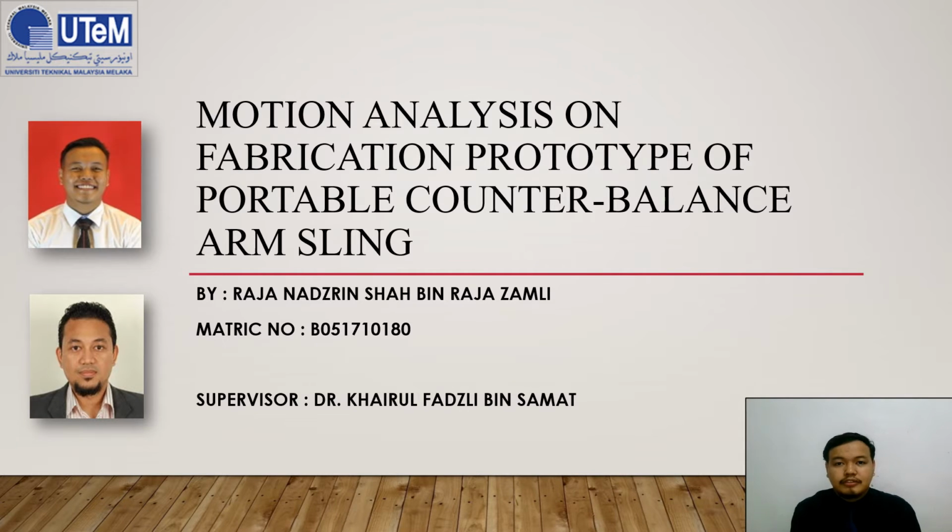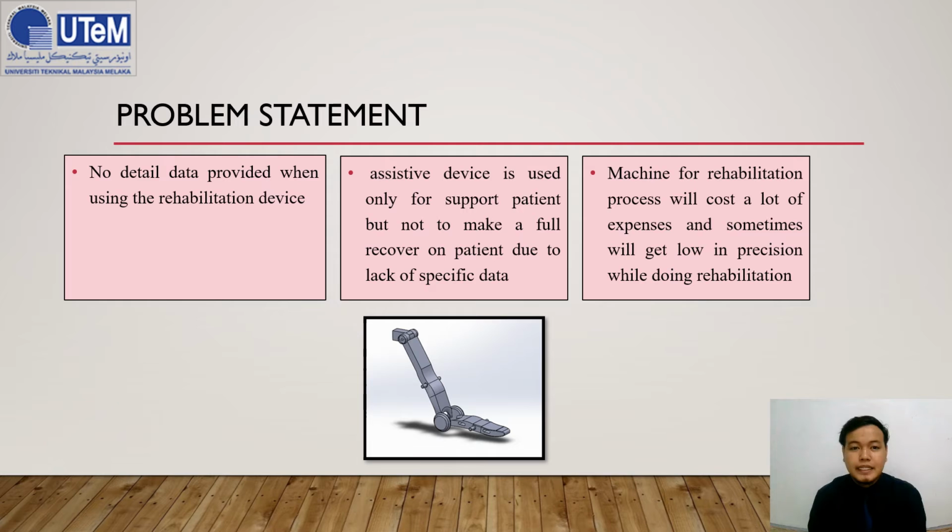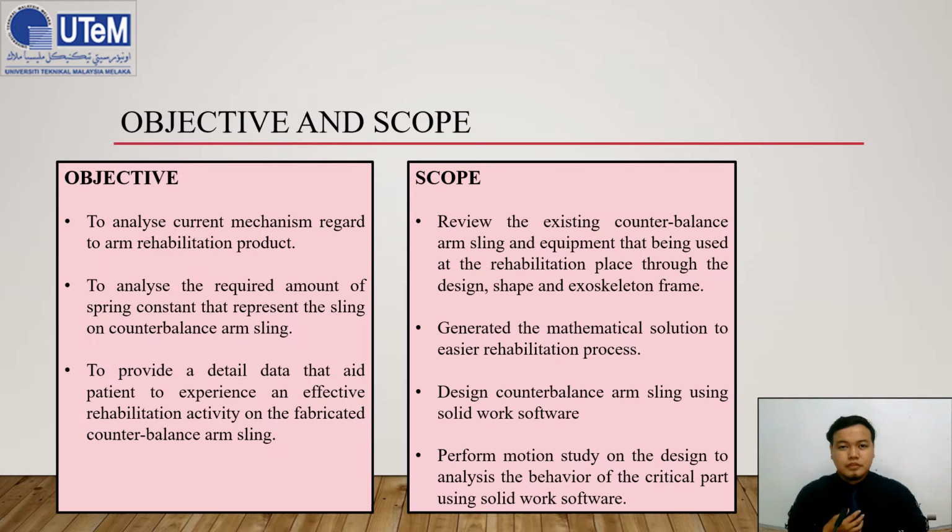My metric number is B0516. An exoskeleton is an internal frame that can be worn to support. The first problem statement is that no detailed data is provided when using the